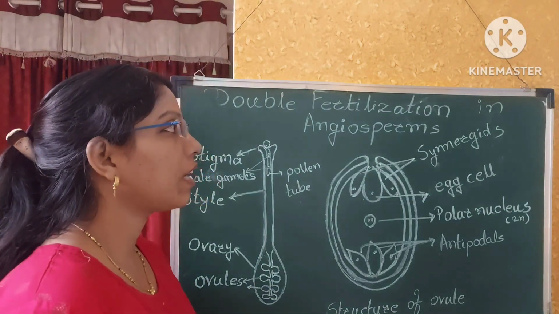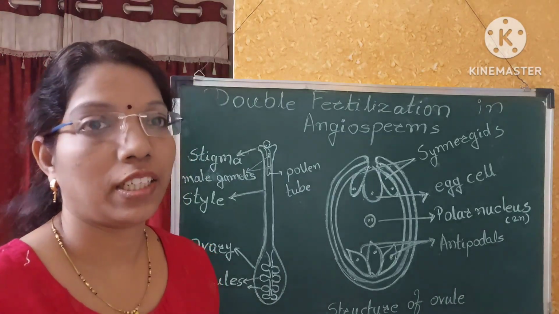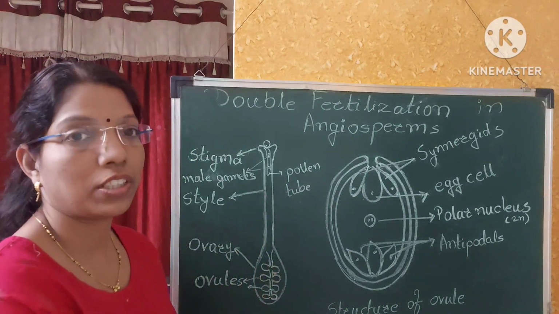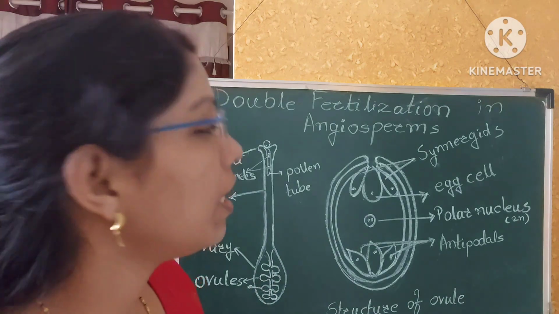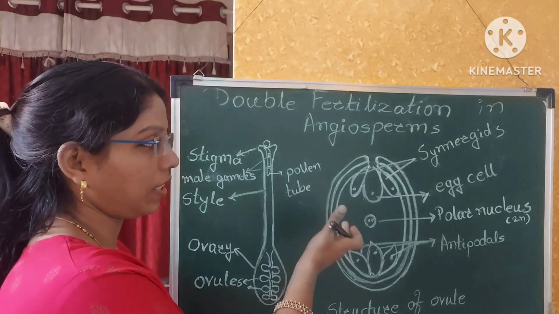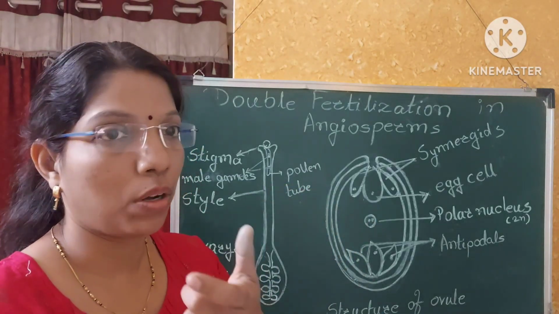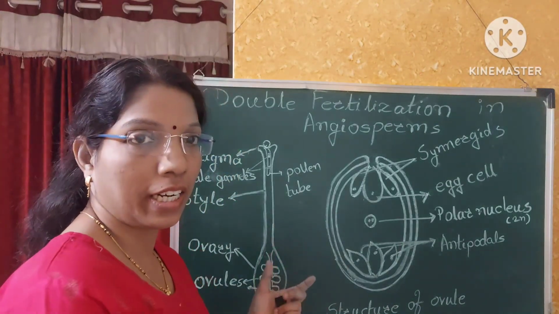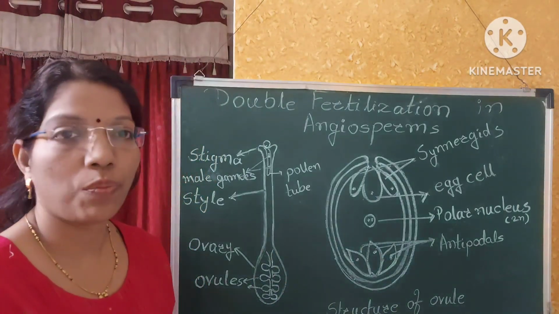So the animals are the biotic agents. Water and wind are the abiotic agents, non-living agents which carry the pollen grains, which are the pollinating agents. Biotic agents are animals and insects. When an animal is eating the flower of one plant, the pollen grains of the flower stick to the nose of that animal, and that animal goes to another flower. So the pollen grains are transferred from one plant to another, and these are the agencies of pollination.